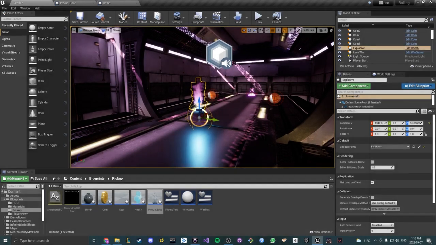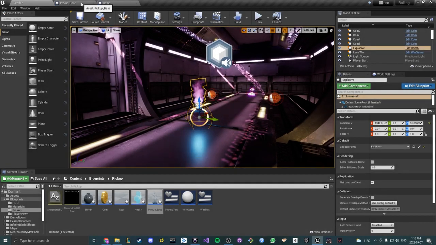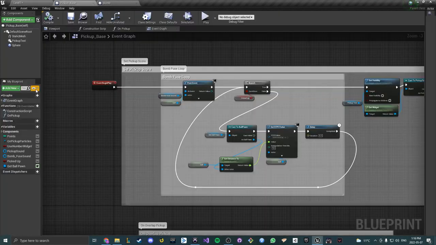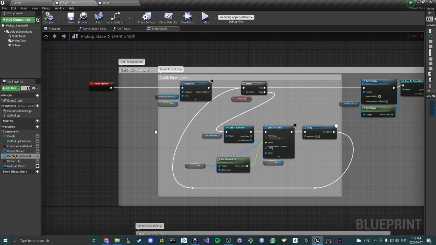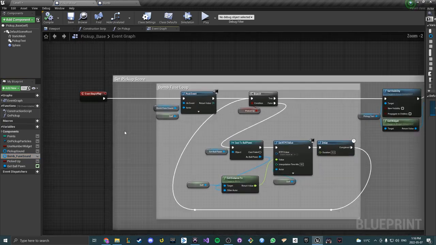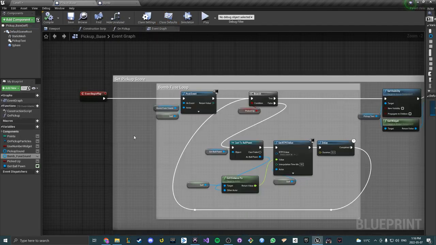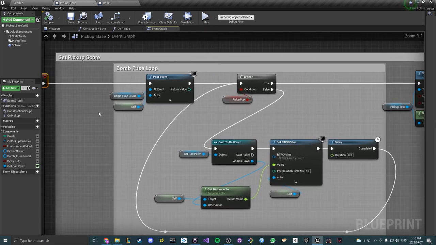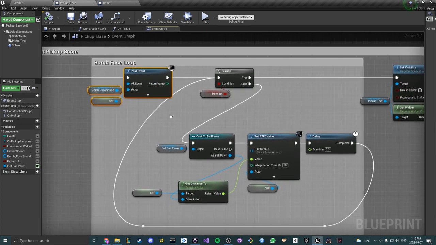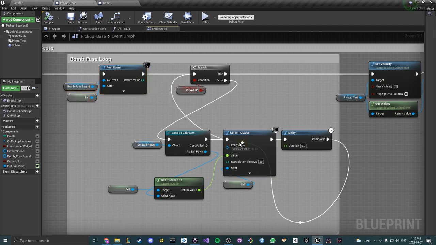Last but not least, we have the bomb. In the pickup base blueprint, we have 2 AK audio event references, the pickup sound and bomb fuse sound. By hosting it all in the pickup base and setting it in the individual blueprints, we can post the events using one call instead of many. On event begin play, we get the bomb fuse sound and follow the exact same logic used in the win